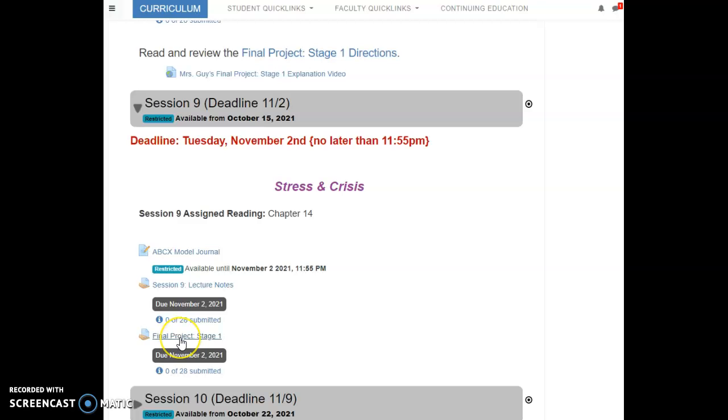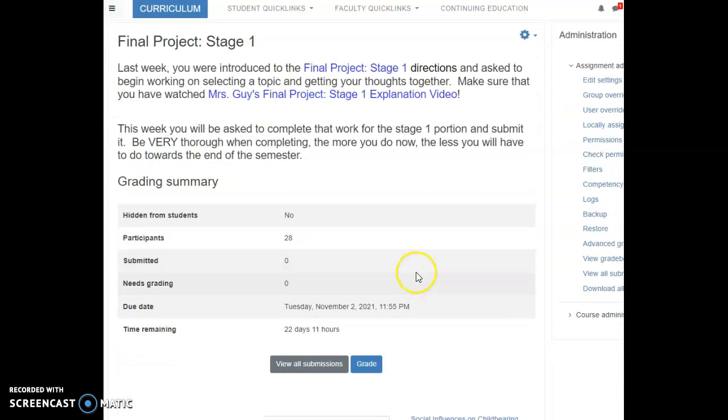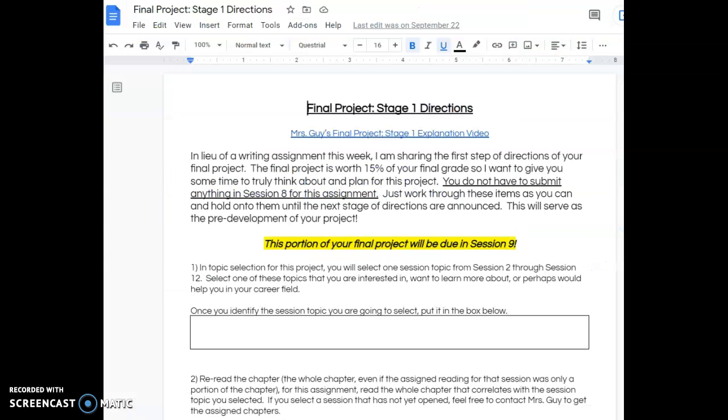This is the submission link for the final project stage 1. So you will actually submit here in this box. Keep in mind that final project stage 1 has to do with identifying a topic and rereading the chapter that correlates to that from your textbook.